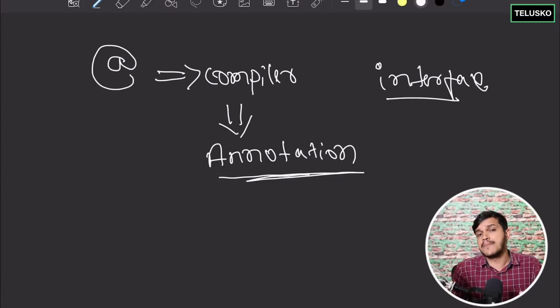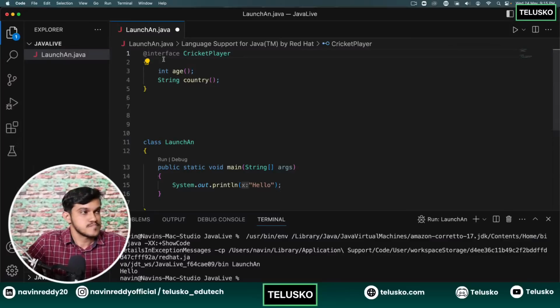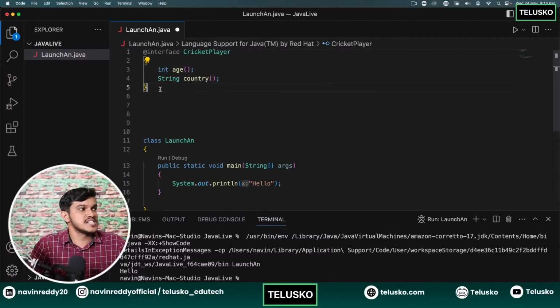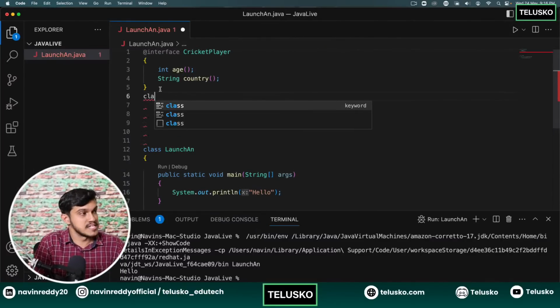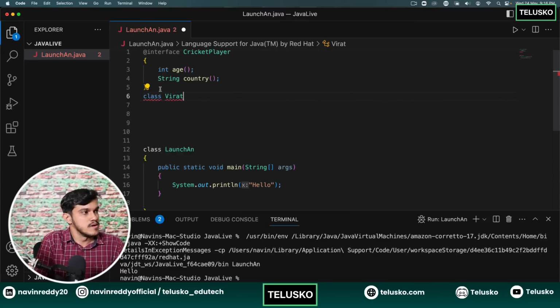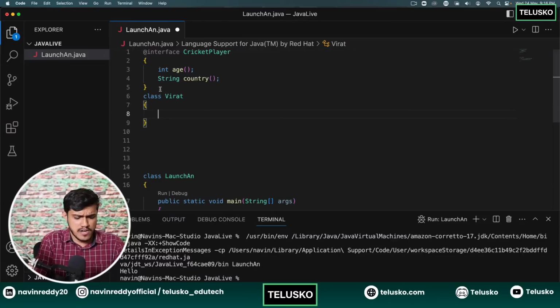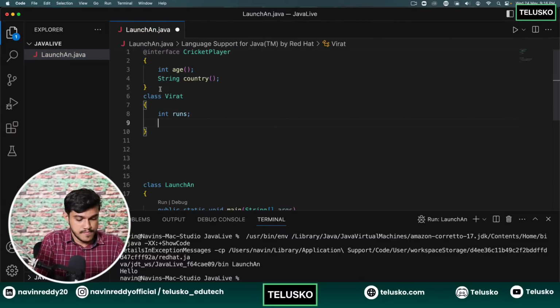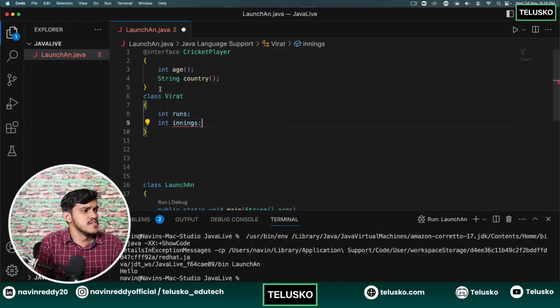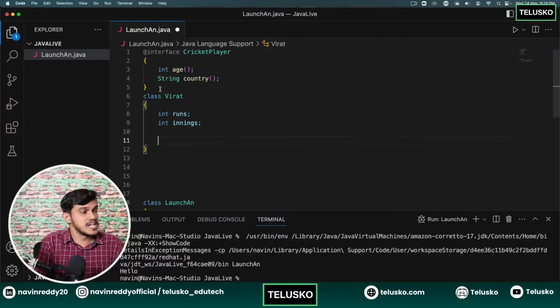Why some of the annotation you can apply to specific places? Why everywhere we cannot apply the annotation? That also you will be able to understand. Fine, that also we will try to see. I'm just trying to create our own annotation here. So now let me just create one class here. I'll be creating one class, whatever class you want to know, Virat. Fine, whatever you'd like to give here, int runs, maybe here integer type, number of innings, whatever information you'd like to give. After which I'll just add some setter here, normal Java code,